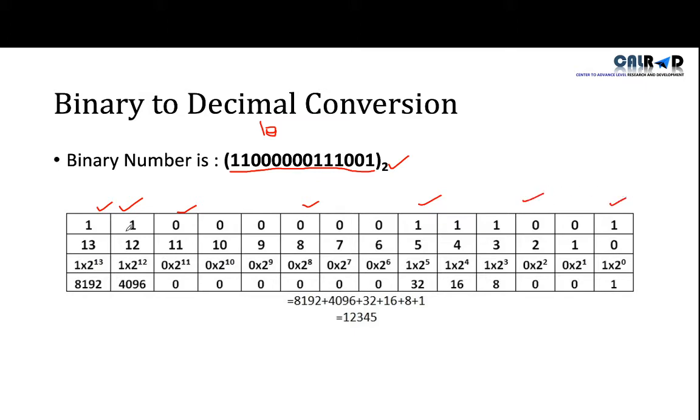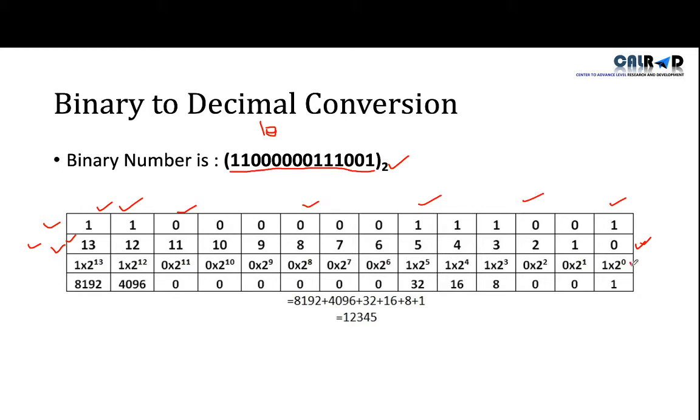The second step is you start counting from here, from 0. How many digits are there? 1 2 3 4 5 6 7 8 9 10 11 12 and 13. Remember that this is just counting. This is not a base number. Don't mix this with the base number. First you write the number in sequence, and from the other side you start counting from 0 till the last digit. Now the second step is complete.